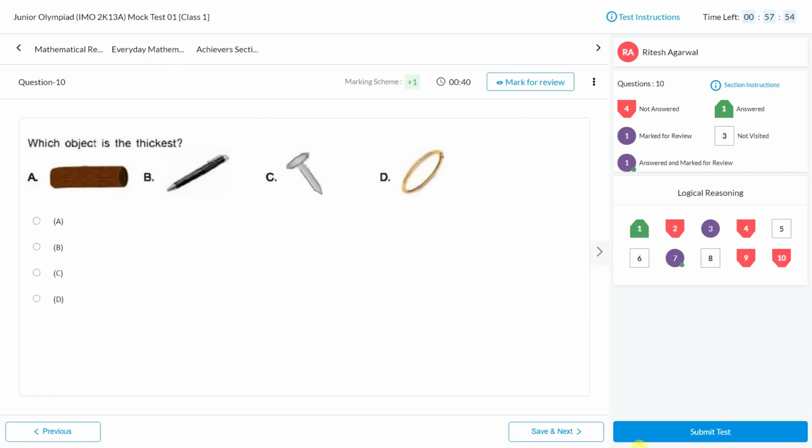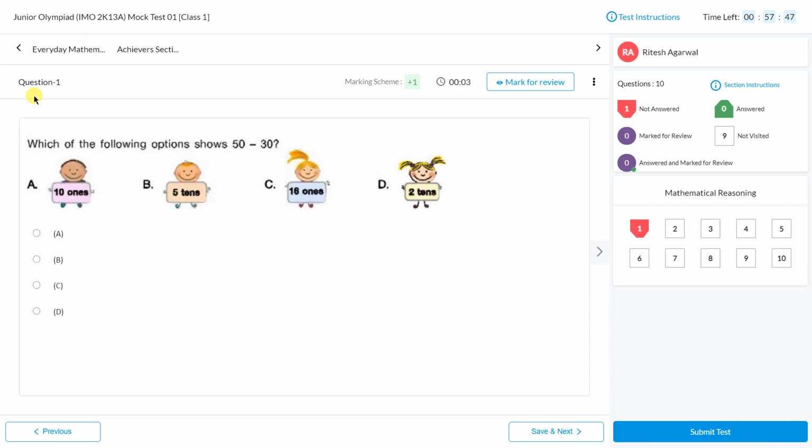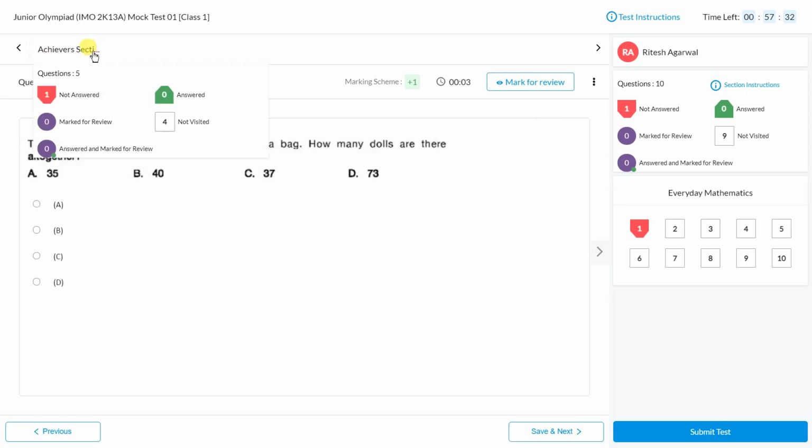Okay, now this is opening properly. So after the 10th question, if you mark any answer and perform save and next, then it will automatically switch the section. It has moved to mathematical reasoning. Okay, so one by one you can go to the questions and sections. Automatically the next section will appear, and if you want to change your sections, then you can do that.